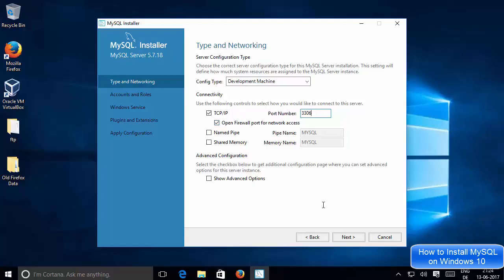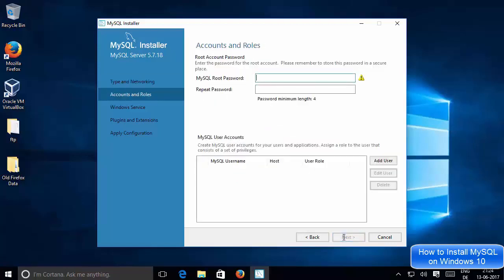So I will just click next here, and now I just need to give some password using which I will access my MySQL server, right? I will just provide a very simple password in my case, but you may want to give a very strong password if you are working on a real life system, right?